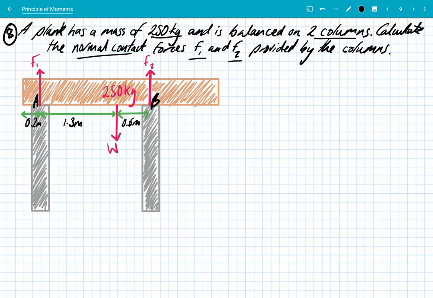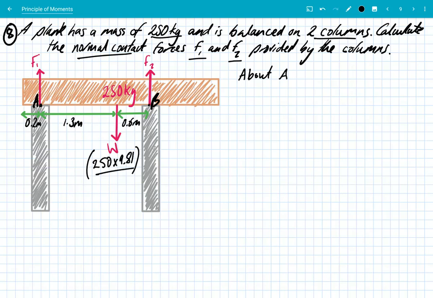And we've got two different pivots here. We could take a pivot about A or B. I'm going to choose A. So we're going to say about A. Before we begin, we're going to just make sure that we've got everything set up. So we've got all of our distances, and we've got the weight, which is going to be 250 times 9.81,